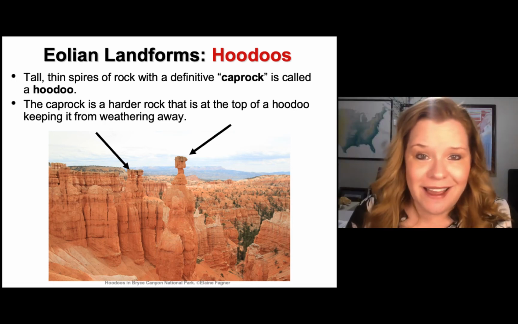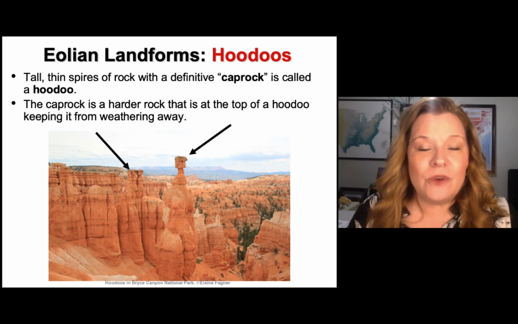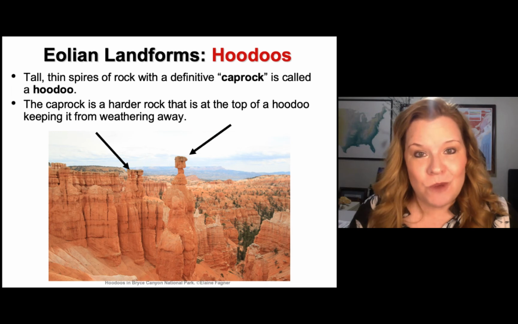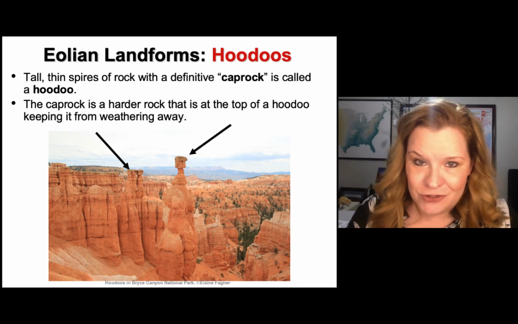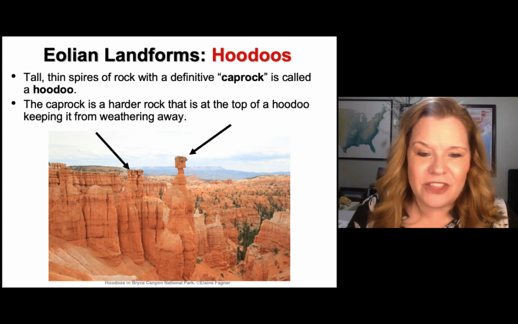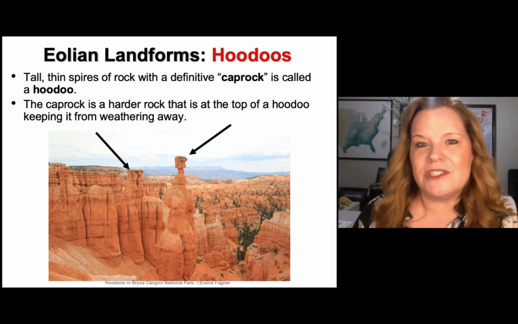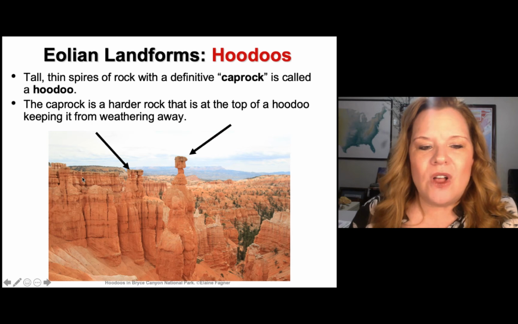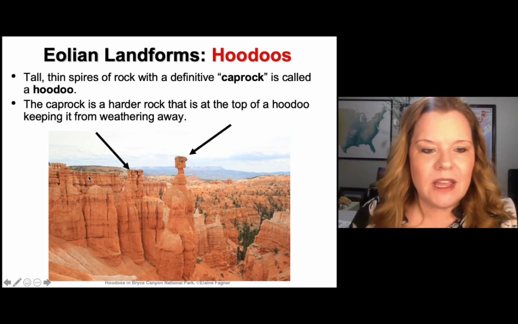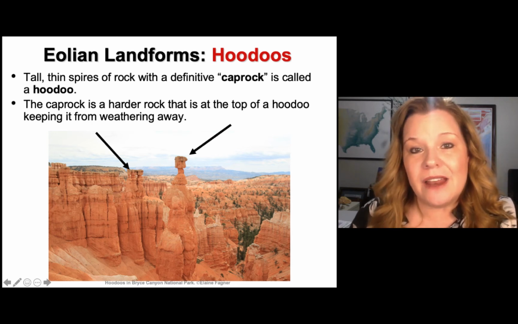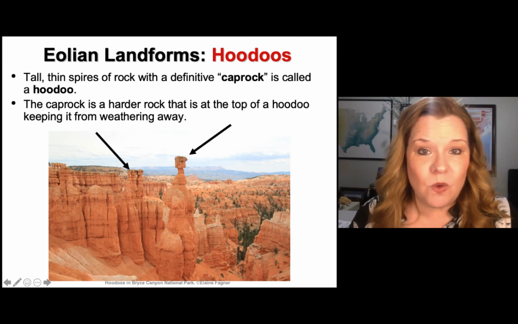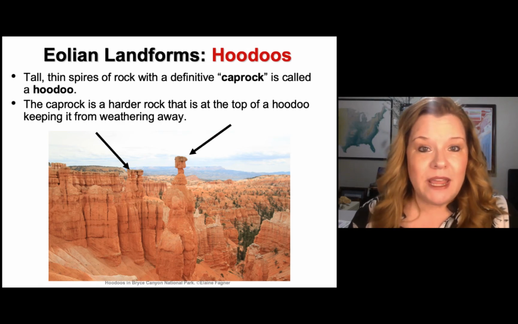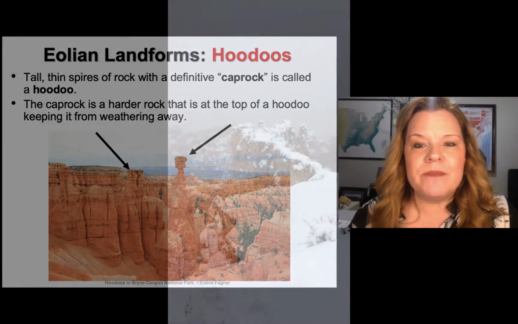Bryce is really high in elevation. It's around 9,000 feet. And so it's high enough that you get snow most of the time. This is not a cold desert though, because it certainly gets hot there. But the point is that the snow, as it falls and melts, can get in these fractures and joints and do a really powerful form of physical and mechanical weathering known as frost wedging.